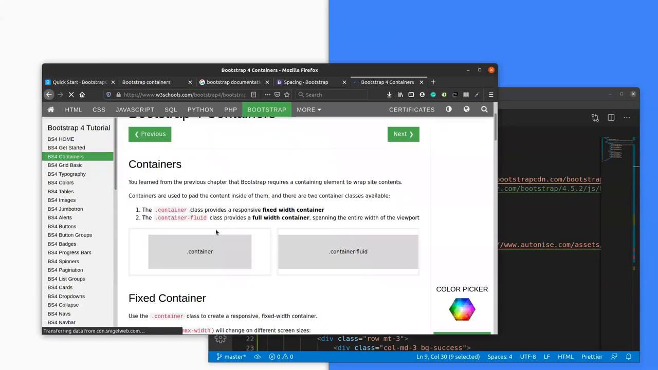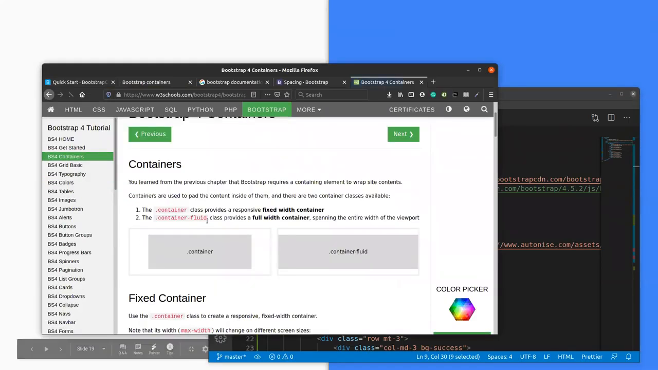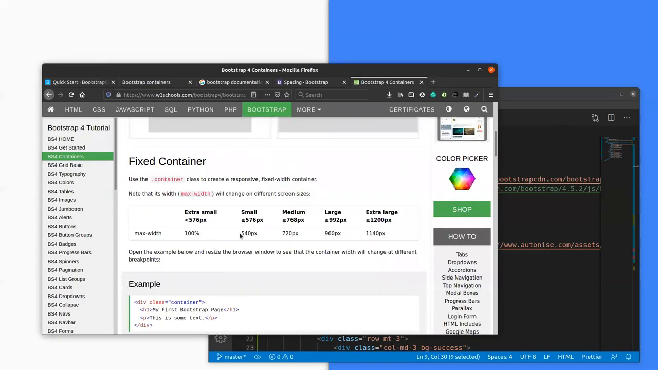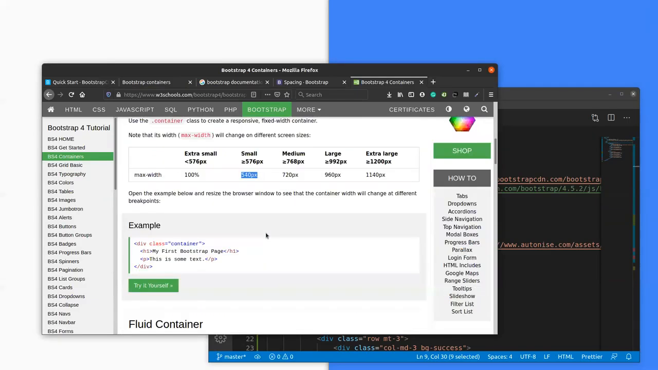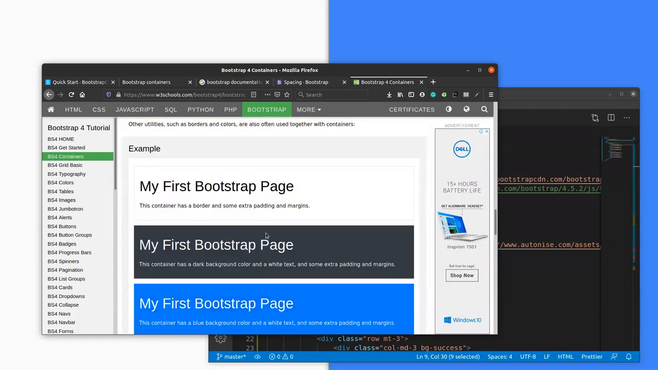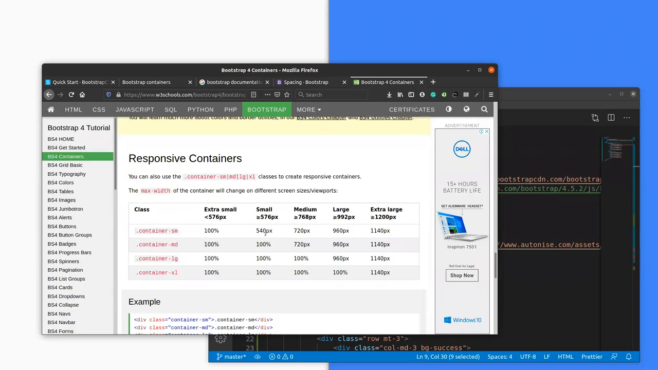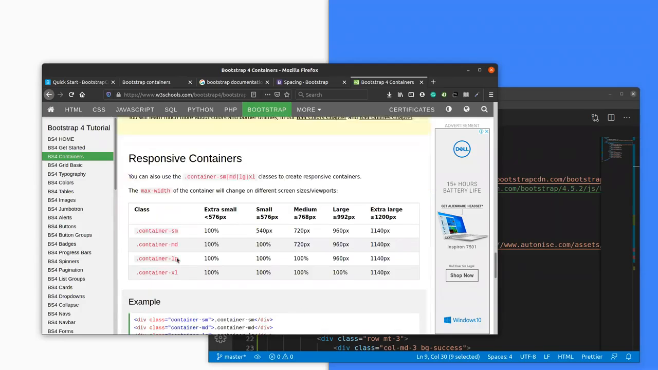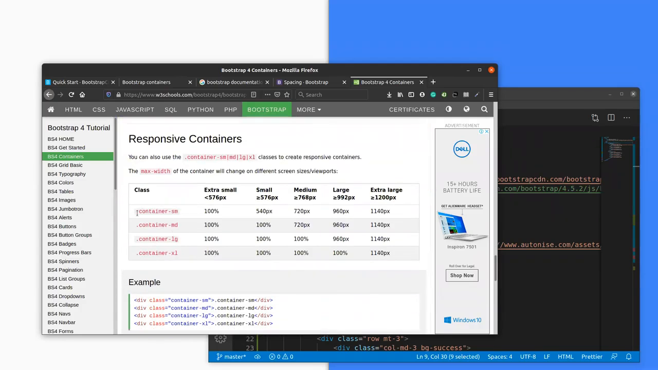There they have explained exactly the different types of containers, what the checkpoints are, and so on. So you can add padding to the containers, border, background color, and so on. There are also different types of containers: container SM, MD, LG, and XL, and their different properties are shown